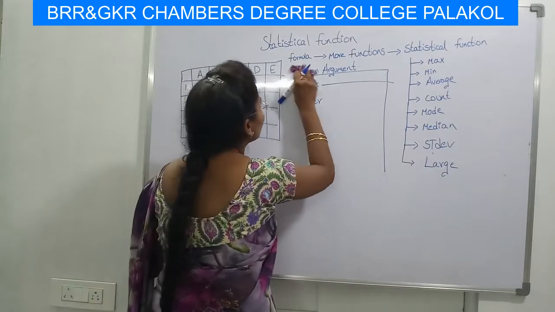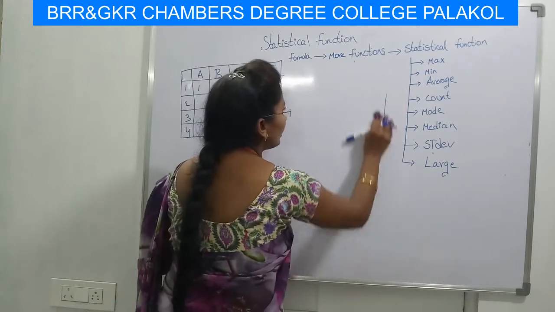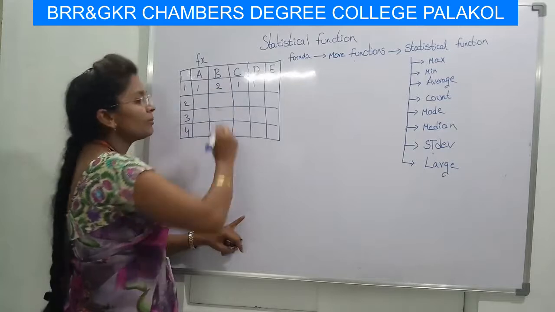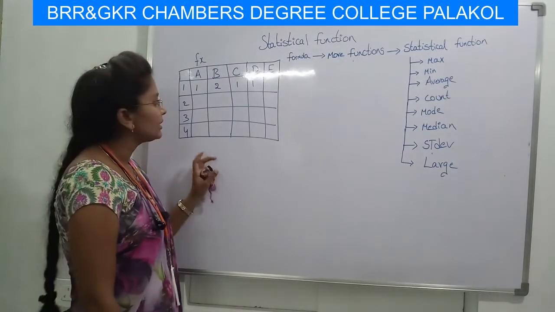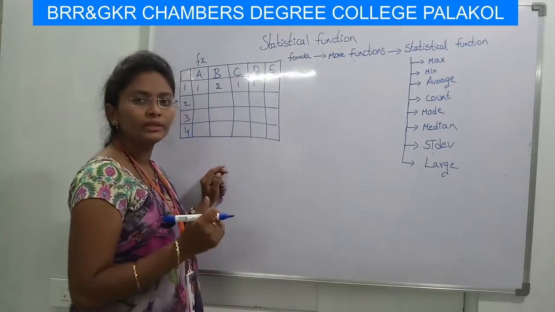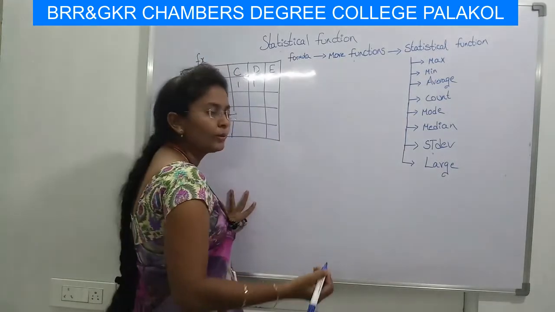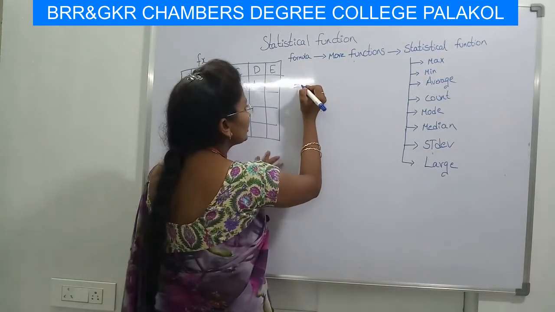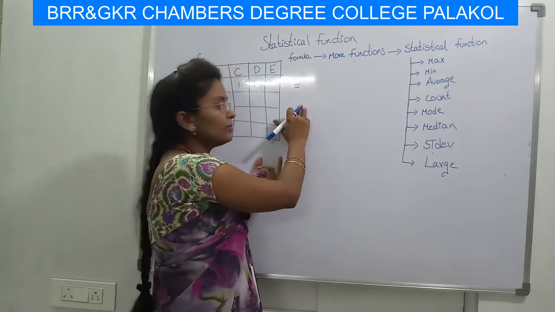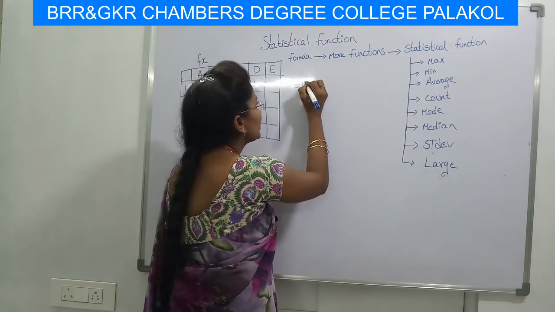Here I am using the shortcut process for this. I am directly entering the formula in the formula bar itself. Here is the formula bar. I am selecting the formula bar. The cursor will appear on it. If the cursor is blinking on the formula bar, then you can write the formula here by using your keyboard. For each and every function, we have to write the equal to symbol. Here I am writing the equal sign and then the function name.